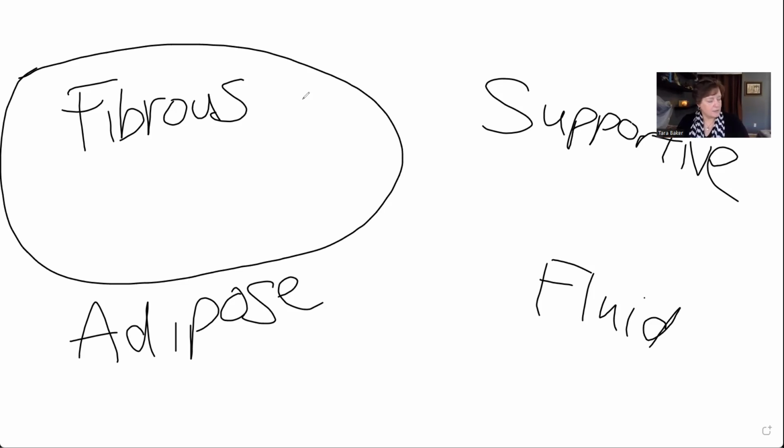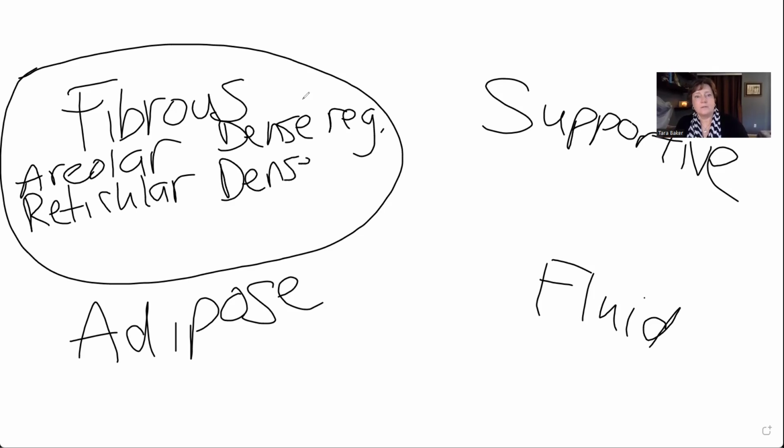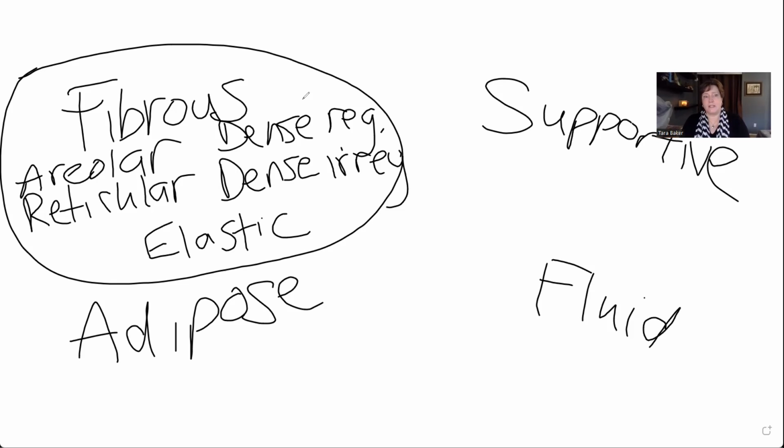We're going to meet areolar tissue. I have it all written down over here, so I keep looking over. Reticular tissue, dense regular, dense irregular, and elastic fibrous tissue. So we're going to go through all of these individually in just a second, but I wanted you to see the 4 major subtypes and then the individual specific types that we're going to learn about